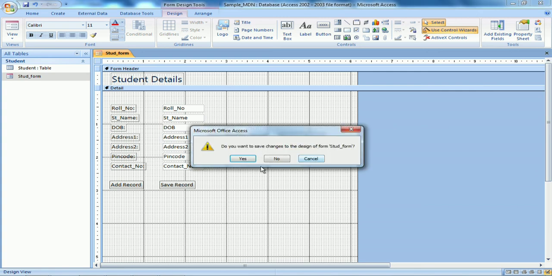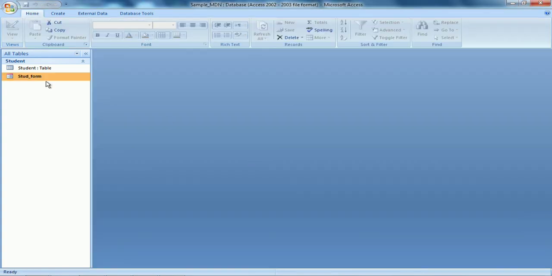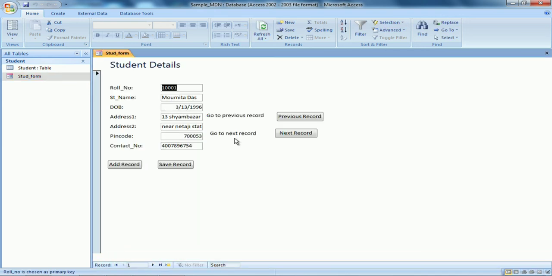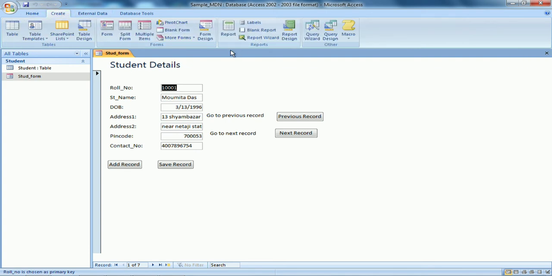Let me make some alignment. Yes. So this is the message which is coming beside the button. It actually prompts the user what work is being done here. So these are labels, or you can say a caption sort of thing, nothing more than that. So these are the basic things of forms which I have shown to you.